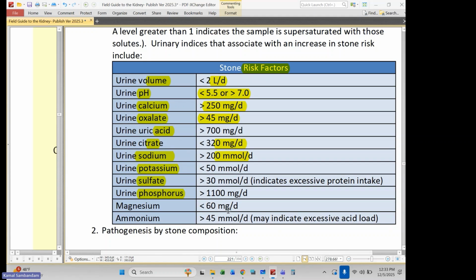Urine phosphate is a modest risk factor. We won't belabor that. In general, calcium phosphate stone formers are not having that problem because of high urinary phosphate, but rather because of,